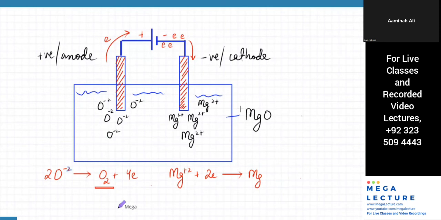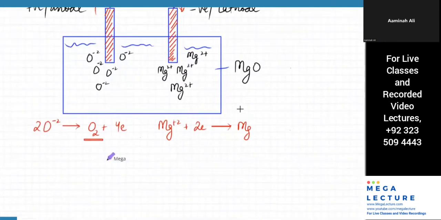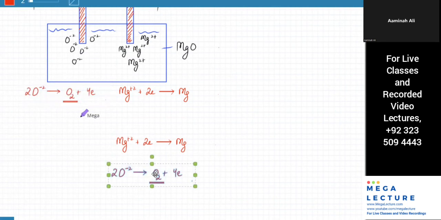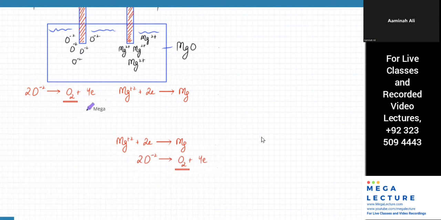Yes, sir, it's clear. And you can then go on to make an overall equation, which is that you just put them together and add them up. So we're going to do just that. That's one equation, that's the other equation. Who do I multiply? Multiply the Mg equation by 2. So I'm going to multiply the Mg equation by 2, and so we've done that.